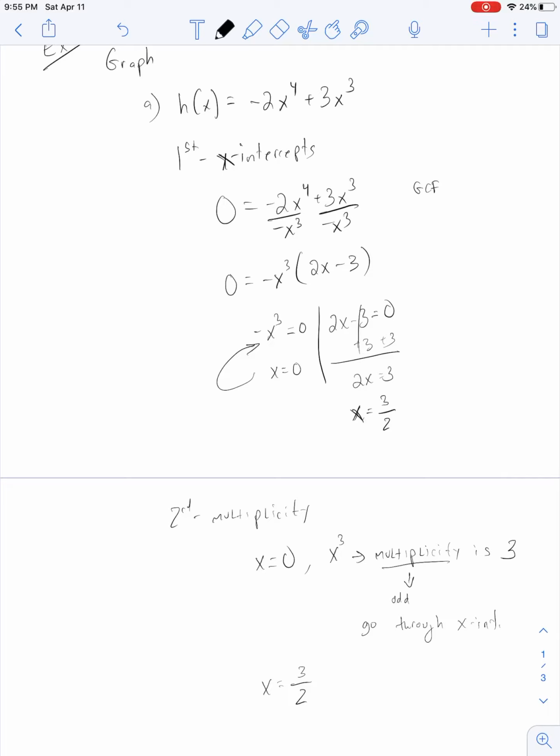Our second zero was x equals 3 over 2, and that just came from something